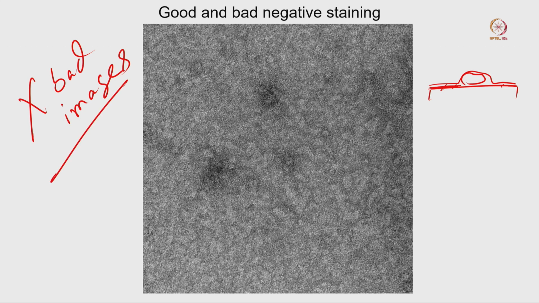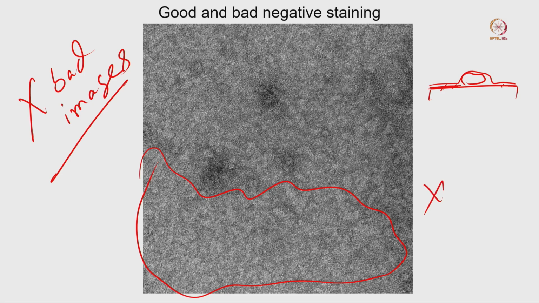There is one possibility that whenever you are using the staining solution, that staining solution has precipitated and the concentration is not good enough. It is an old staining solution, or it may be that when you prepared the sample, the concentration of the stain somehow varied and is less than 1%. Or when you stained, you blotted the staining solution completely, and that is the reason you are only getting this white background and we cannot see any protein sample.